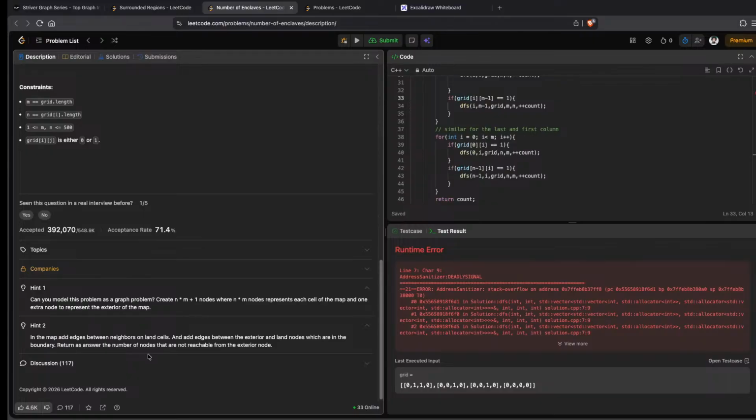Create an m cross n plus 1 nodes where each represents each cell of the map and one extra node to represent the exterior of the map. In the map, add edges between neighboring land cells and add edges between the exterior and the land nodes which are on the boundary. Return the number of the